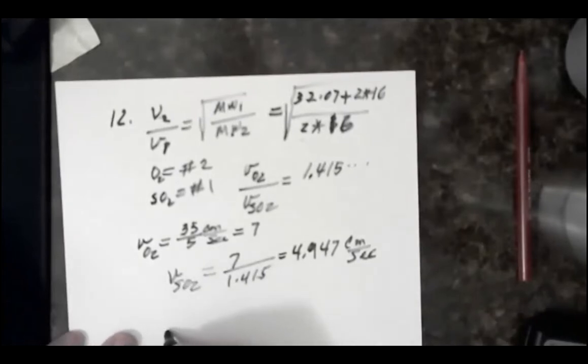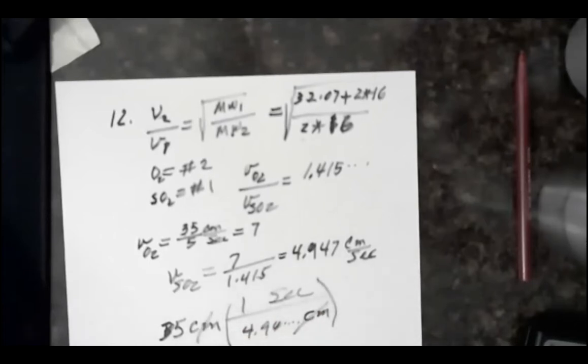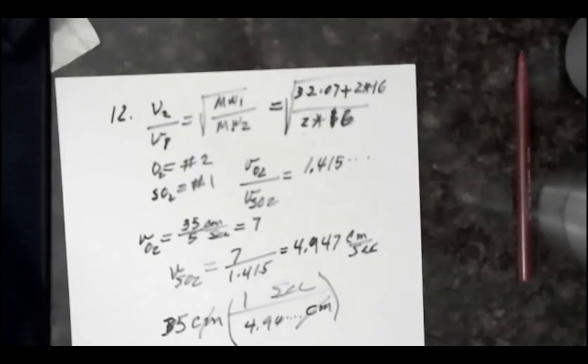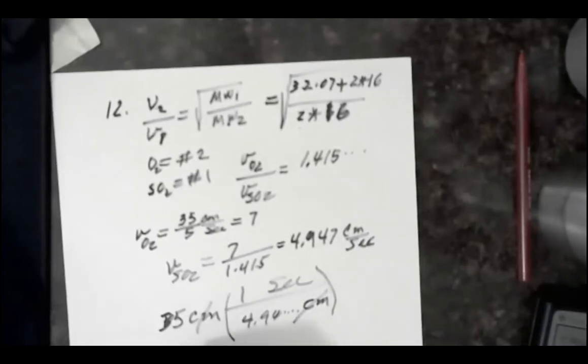All right, so there's my velocity, and I want to know how long. So velocity is distance over time. I want to go 35 centimeters, and the velocity that I'm using is 4.947 digits centimeters in 1 second. There's my conversion. So I need to take the 35 centimeters and divide by the answer I've got. 35 divided by that answer gives me 7.07. So the time for the SO2 is 7.07